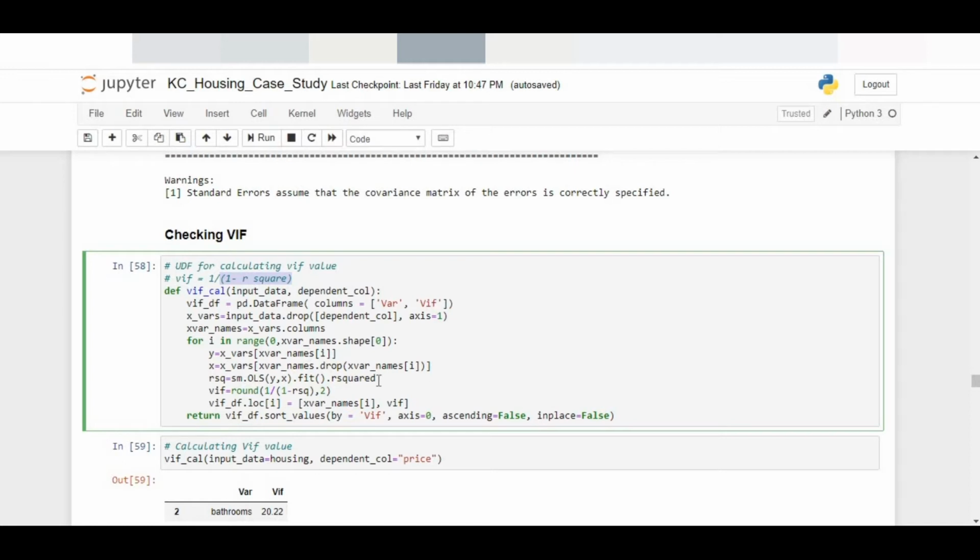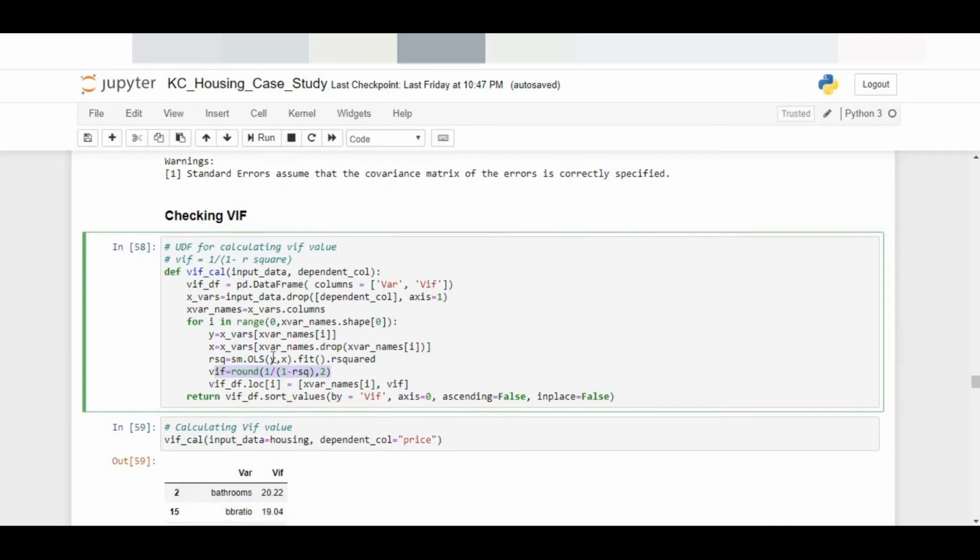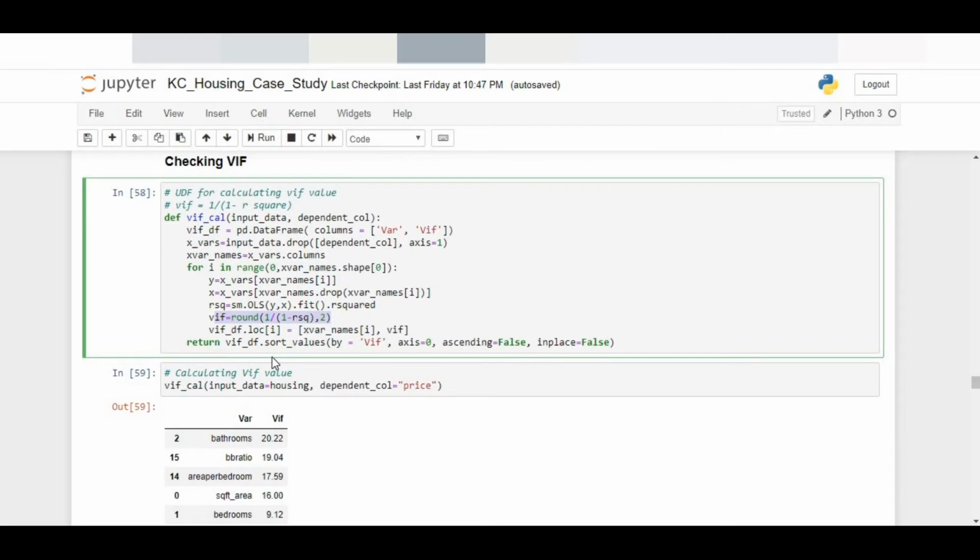I have this method which takes the input data and the dependent column as the input, and it calculates the VIF. It first calculates the R square based on the statsmodels, and then it calculates the VIF for each of them. Now let's calculate the VIF after the first model.